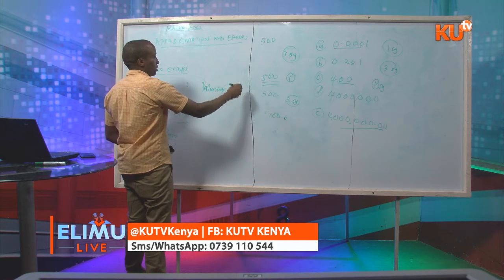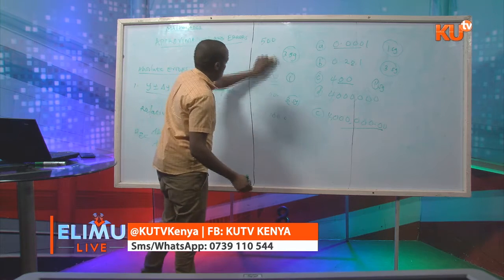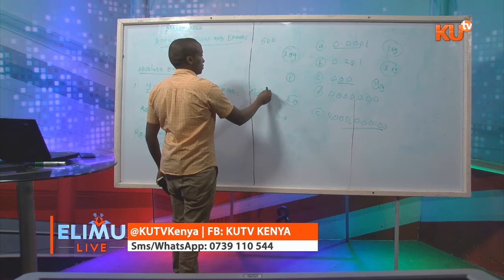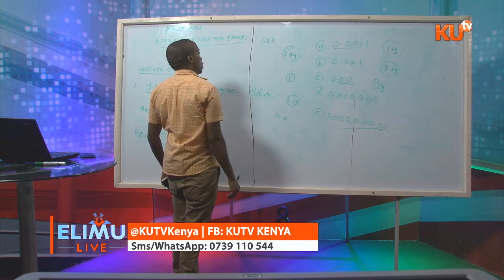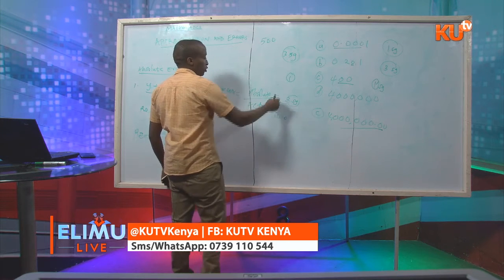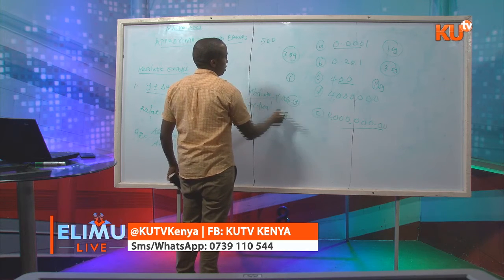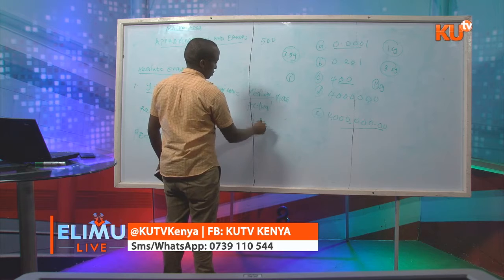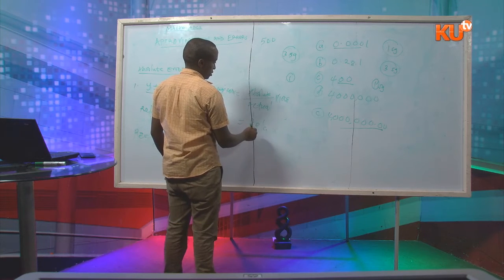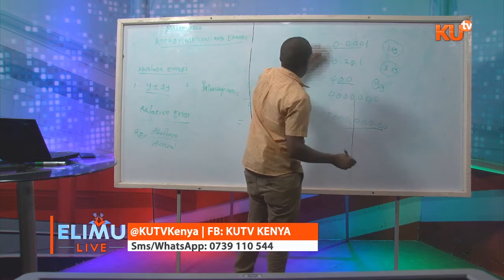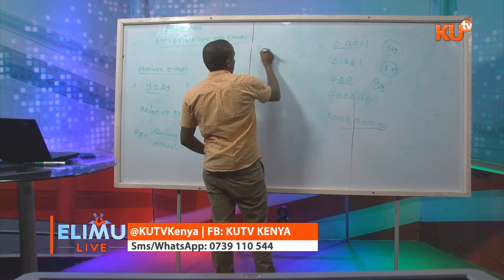Percentage error is now the absolute error, you divide by the actual, which gives the relative error, and you multiply by 100. You can simply denote that as relative. That can be the percentage error, we can denote it like